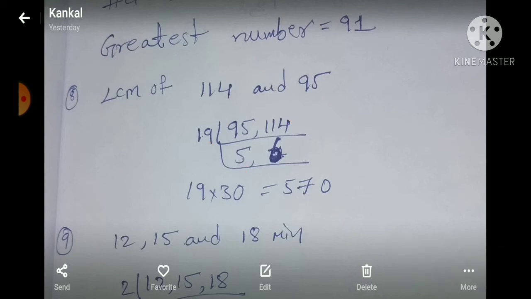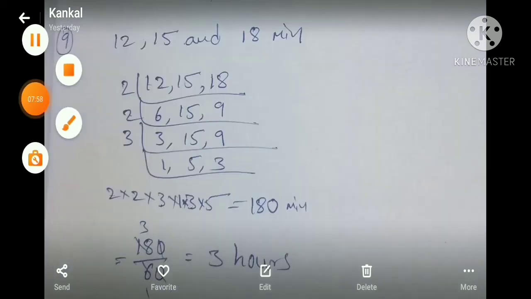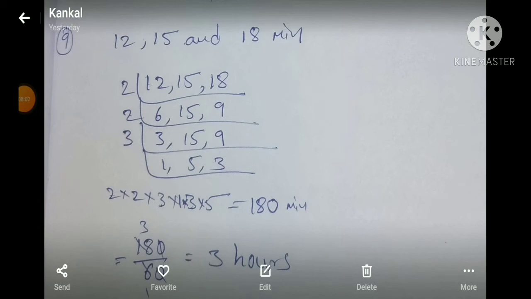Okay. Next, this is a most important question. Three bells ring at intervals of 12, 15 and 18 minutes respectively. They started ringing simultaneously at 9 am. What will be the next time when they all ring simultaneously? For that, we need to find the LCM of 12, 15